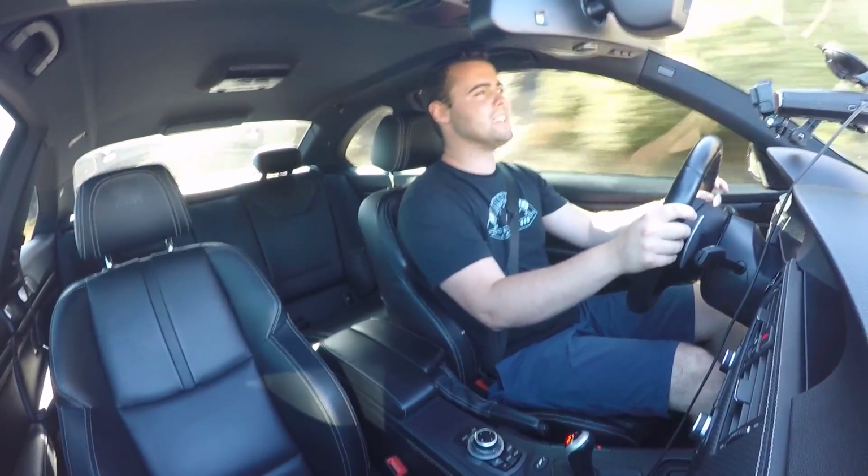The E92 is an absolute dream to drive. Its cornering ability is unbelievable, and the level of confidence that it gives the driver behind the wheel is truly amazing. So I'm gonna switch to a point of view camera now to let you hear this in all its glory and really experience from behind the driver's seat what